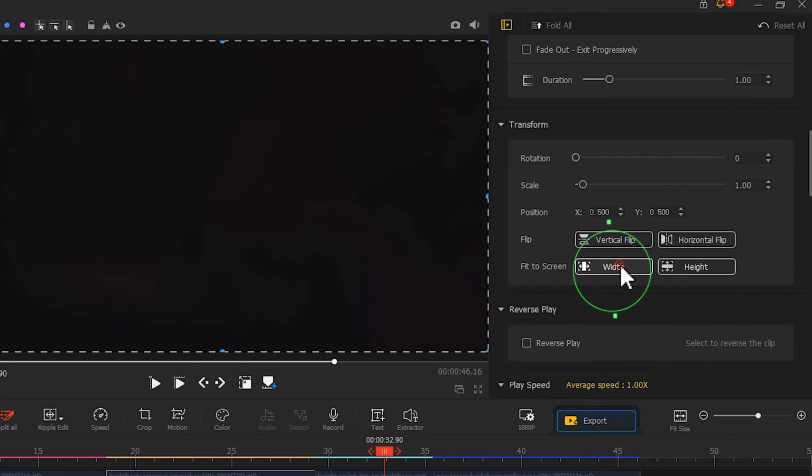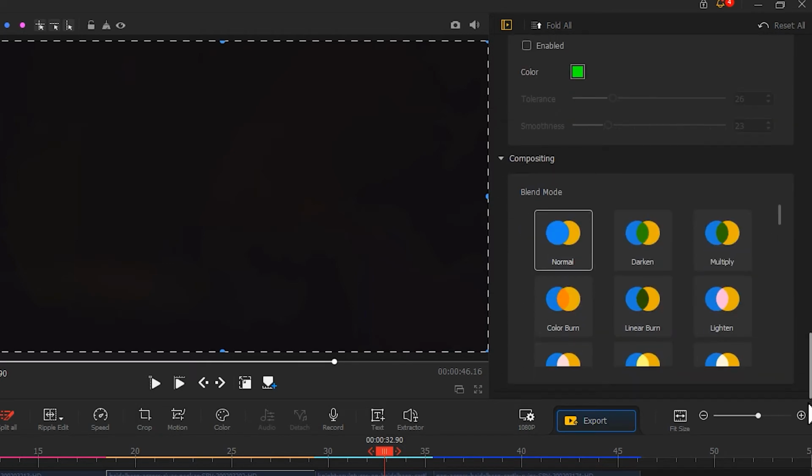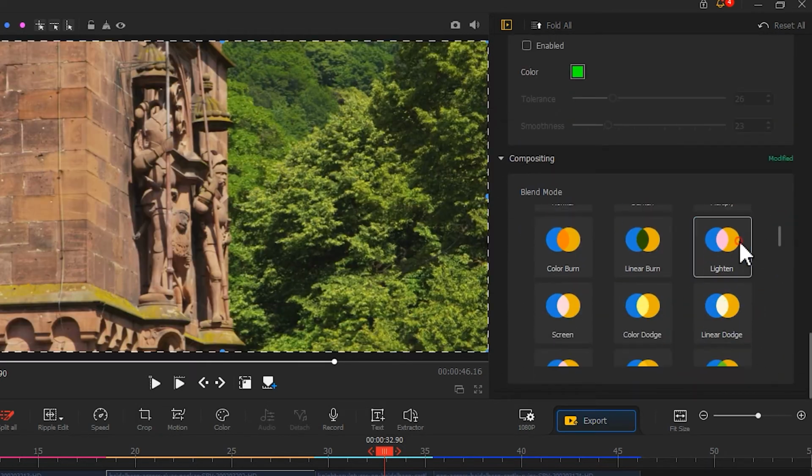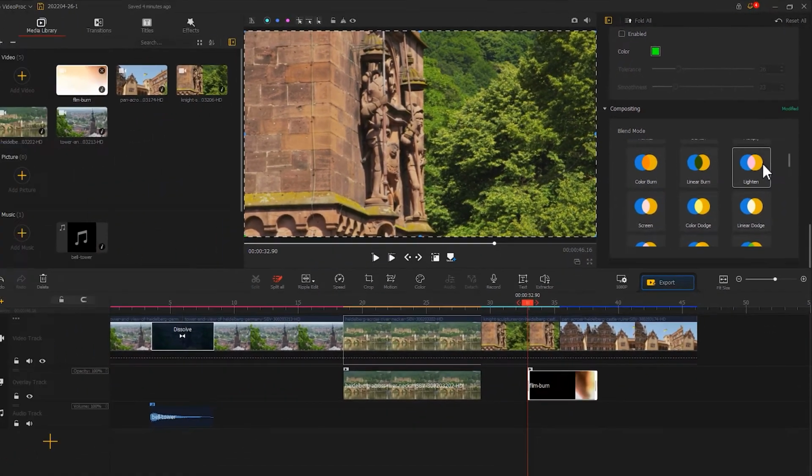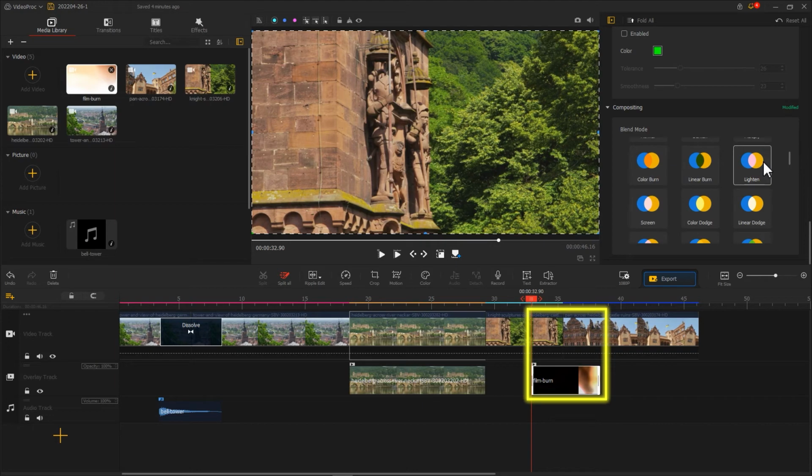Click on this button to fit this footage to the entire screen. Then, under Blend Mode, we select Lighten. Next, let's adjust the duration for this transition effect. It's longer than we need,